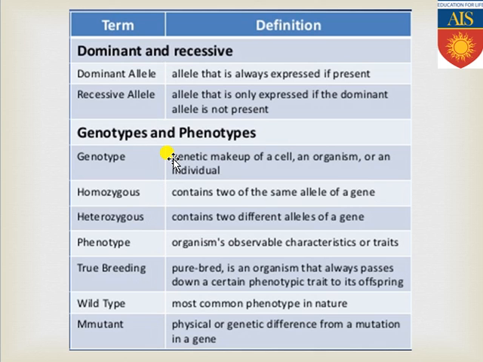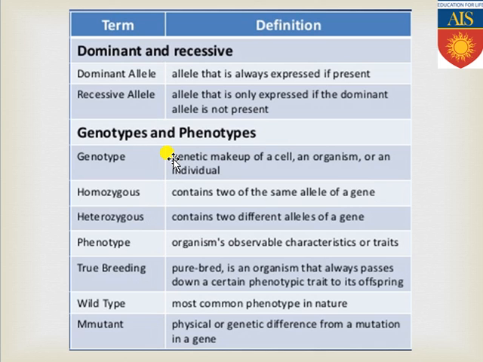Now in case of genotype, if in any organism both of the allelic forms present in the chromosome are similar, that specific genotype is commonly known as homozygous. As an example, suppose in a female individual both of the sex chromosomes are X chromosomes, XX, and they have the same kinds of genes or alleles. So for any gene or any allele, we can say females are homozygous, because they have the same allele on both of the X chromosomes.